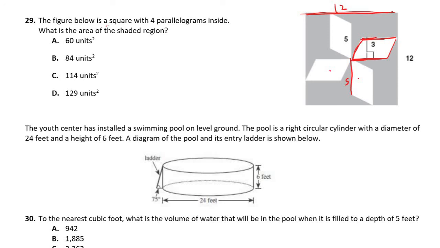And now here is also 5. So the area of this is base times height. So the base is 5 and the height is 3. So area of one of the parallelograms is 15 because it's 5 times 3. Area is base times height, which is 5 times 3, which is 15. And there are 4 of